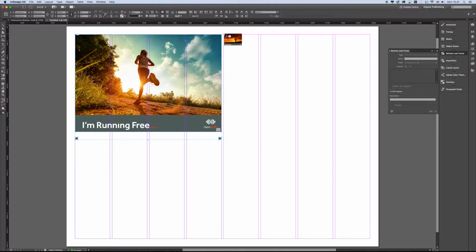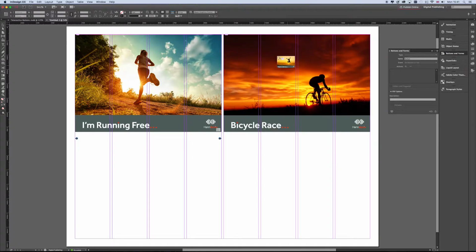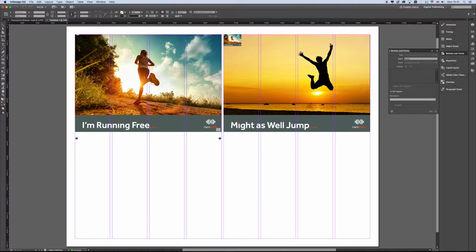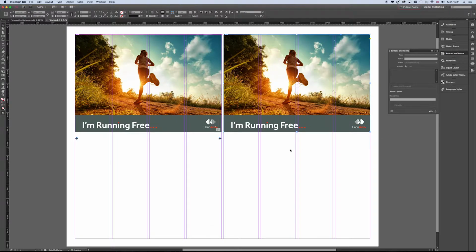And then I'm going to position them in just the same way as I did the first time, one exactly on top of the other. Notice I'm using my guides to make sure that my page stays nice and neat. There goes the second one. And here we have the third one. And once again, once I've got these in, like that, I'm going to just select over